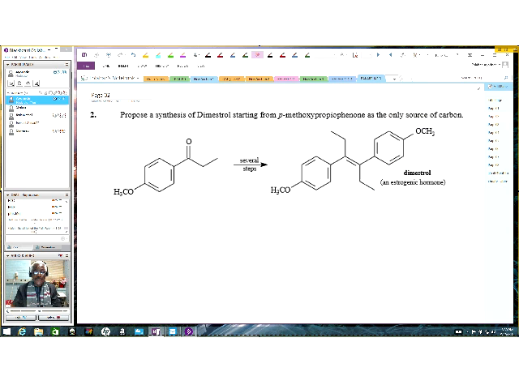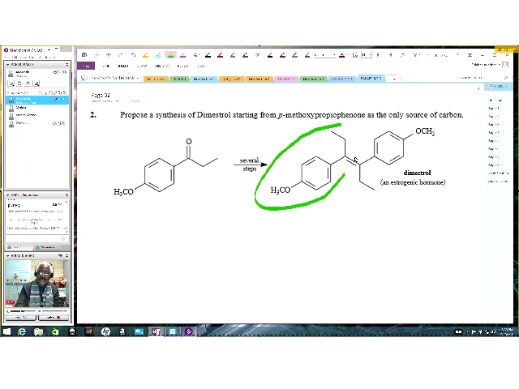If you look at this starting material, and then look at the product, this part of the product right here looks very much like this here. And the same thing, the other part of it, this part here,